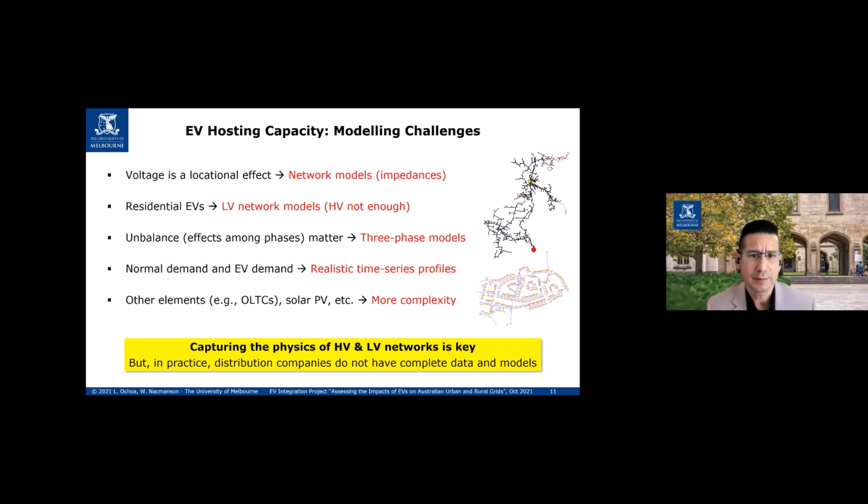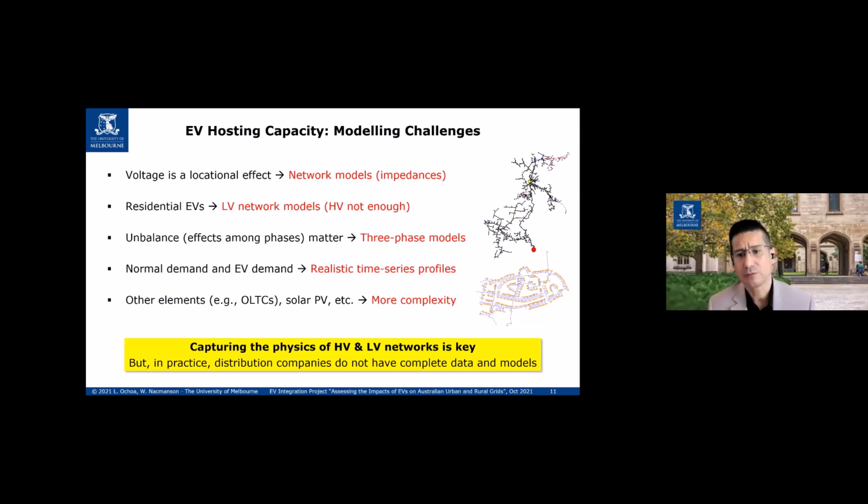Now, from a modeling perspective, of course, if we really want to capture all these voltages, all these asset congestion aspects, then we need models, right? And this is part of the challenge that we have around the world, having adequate models. Not that distribution companies do not have adequate models, they do for the high voltage part mostly, but the low voltage part is the one that is lacking, all right? Because of different challenges. So we needed to come up with some modeling techniques to really capture those interactions of end users, our houses, with the electricity grid. And I will explain that later.